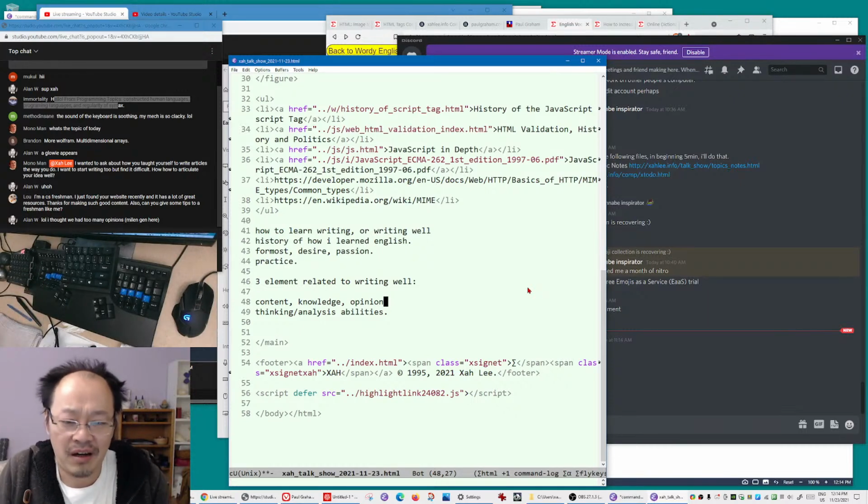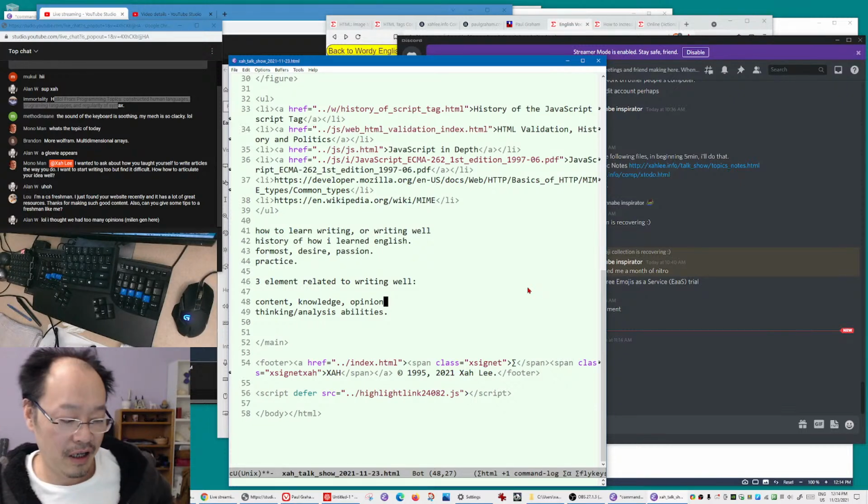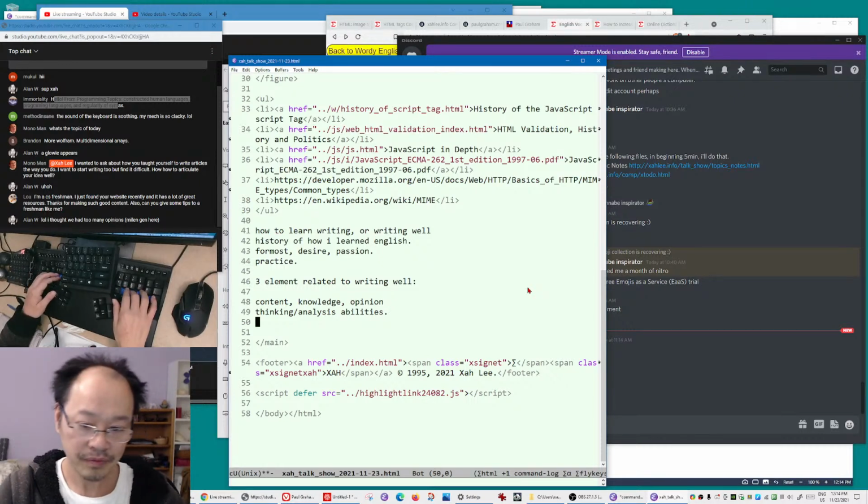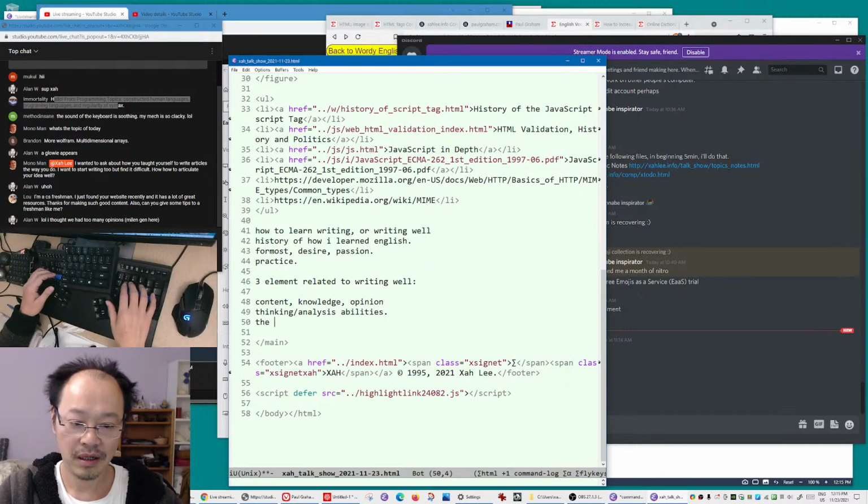Doesn't matter how many words, how many Shakespeare words. It does nothing. You don't have content. You've got to have opinion. Then okay, so the third most important is the actual writing skill.